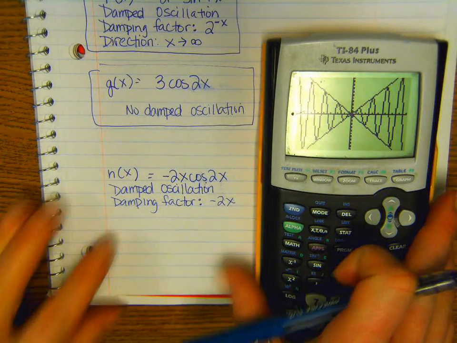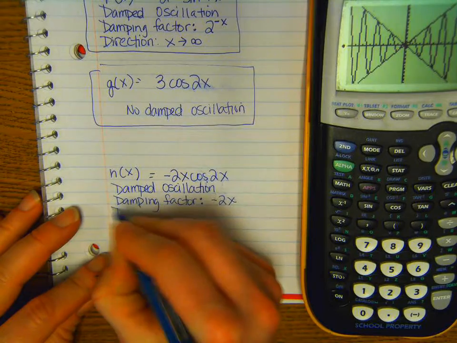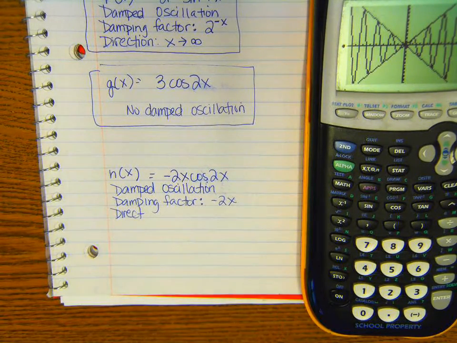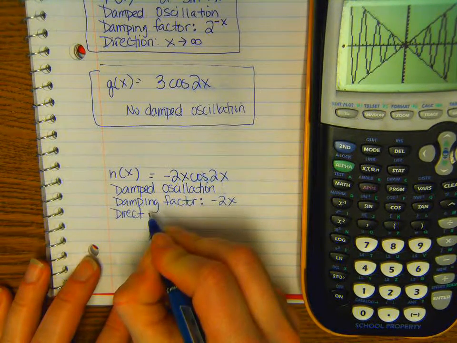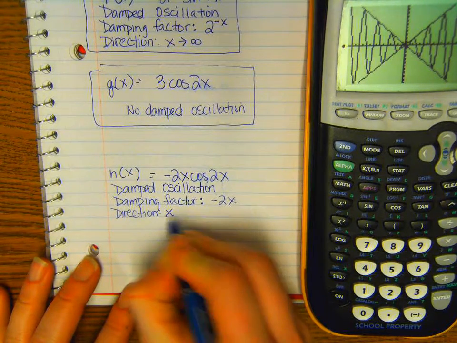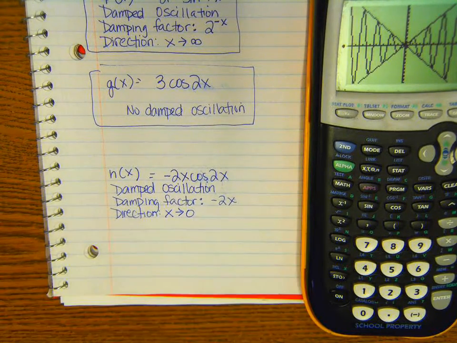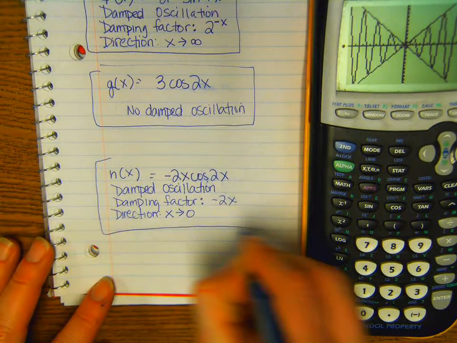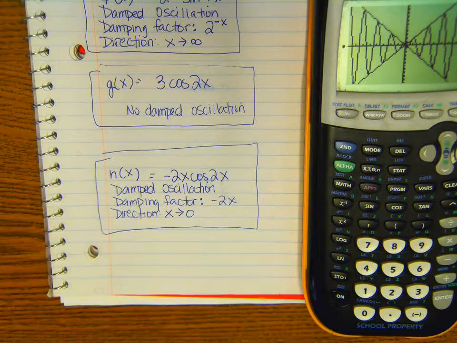What do you think the direction would be for this one? Because it's coming from both ways it's reducing, right? And so you're absolutely right. It is direction as x approaches 0. As x approaches 0. Okay. All right, so hopefully you have